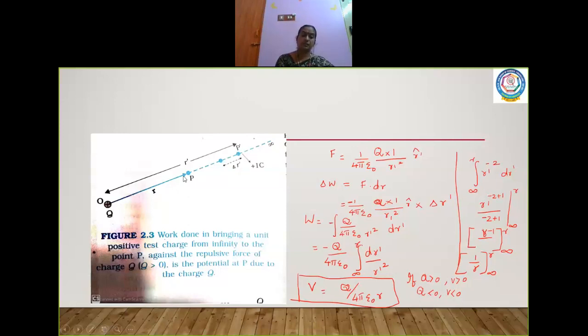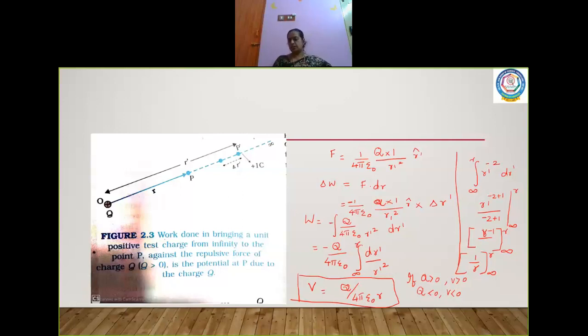Now suppose it is going to be minus q here, what will be the direction of electrostatic force? It is also towards the negative charge and the work done is also towards the negative charge. Both will be in the same direction. So you have to be very, very clear in understanding the direction of electrostatic force and how the work is done, whether the work done is positive or negative. Okay. So as far as our derivation is concerned, we took the source charge to be positive and we arrived at the potential value also to be positive.